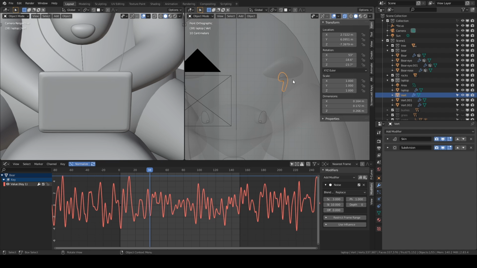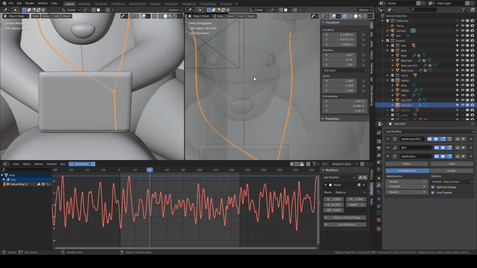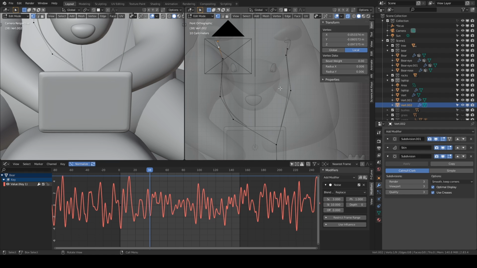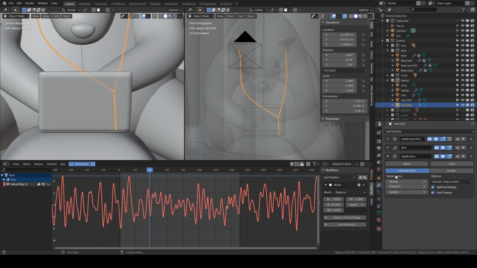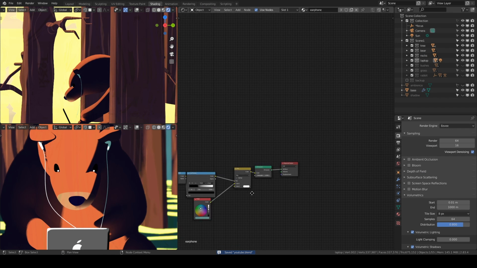So this is done by skin, and then this is done by skin, and even the earphone stands are done using skin. And all of these have really high subdivision counts to make the strand smoother. So this is the modeling part of it, and the color is straightforward, like most of them are.